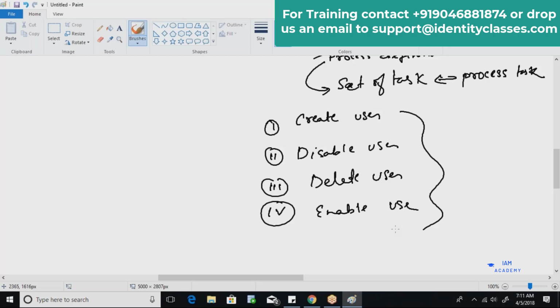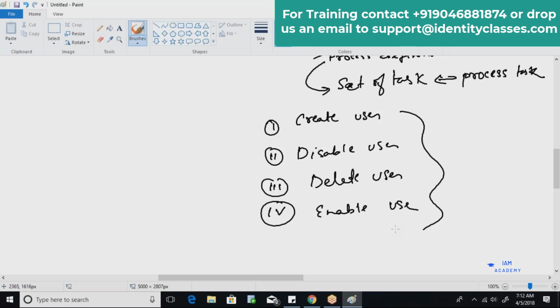Similarly, let's say the user left the organization and you don't keep track of your old employees for application access. In those cases, we are simply freeing up space in the database by running delete user. It will delete the user details from the database. Then we have enable user. Let's say the user was disabled for some period of time, then he came back to the same application team. So we need to enable the access for the user. In those cases, we run the enable user task.